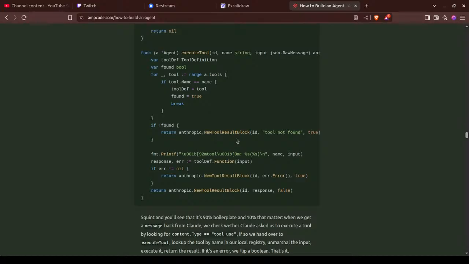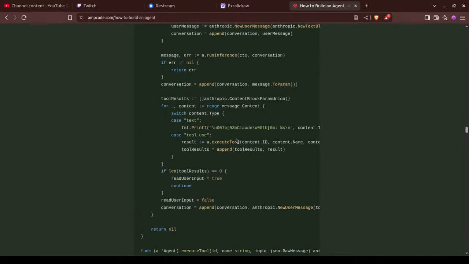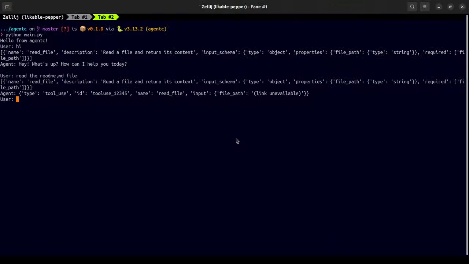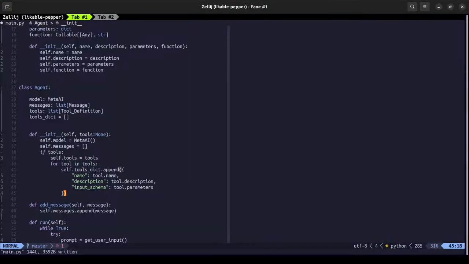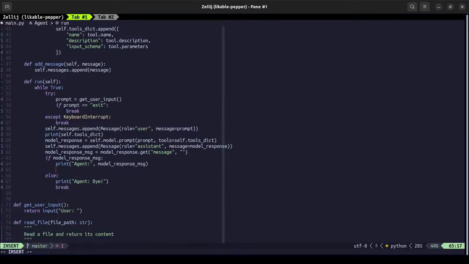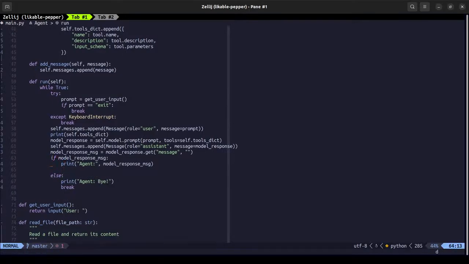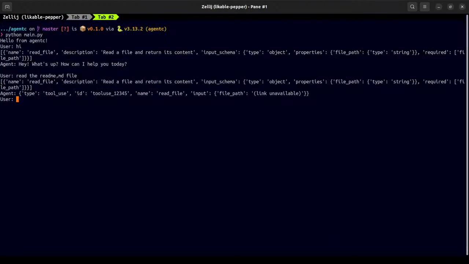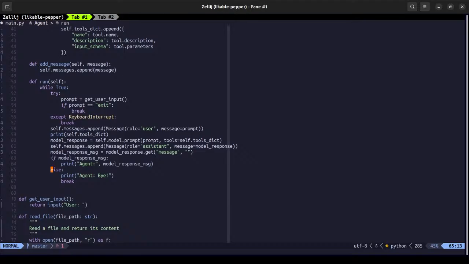Now we need to execute the tool. So yeah, that is where we will have the second condition right here, which is if the model responds with the message as a string, right?